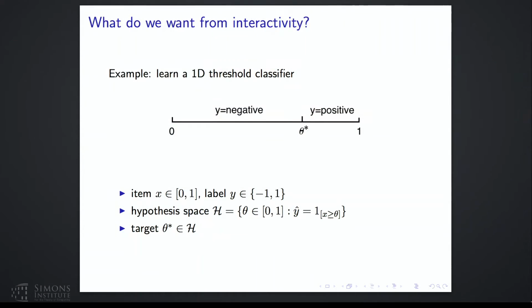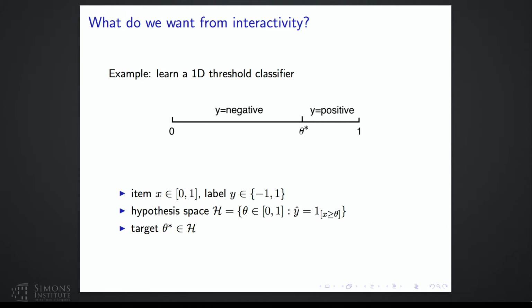So let's start by asking the question, what do we really want from the user? If we have a learning algorithm, I would argue that we want good teaching signals. So let's look at a very simple example just to get things straight. Imagine we're doing binary classification, and the input space is super simple. You have the interval 0 to 1, that's your X space. The labels are binary, and your hypothesis class consists of all the threshold classifiers at some theta. So Y is, let's say, -1 when X is less than theta, and +1 if it's bigger than theta.